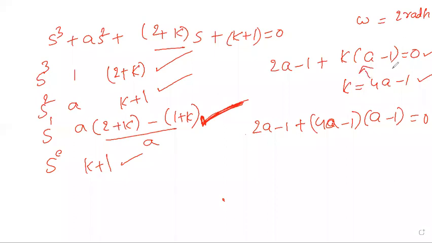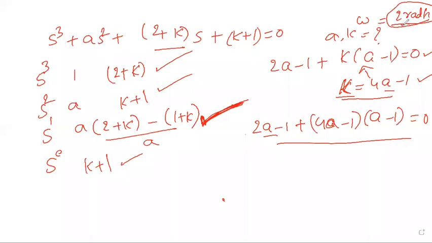I'm replacing the k value here in equation 1. Is it clear? So now it is easy to find the value of a from this one. After that, replace the value of a here and find the value of k. That's the objective: find a and k for this frequency, 2 radians per second. And this second equation comes from this data only, from j omega, j2, right? So from this we have taken it.